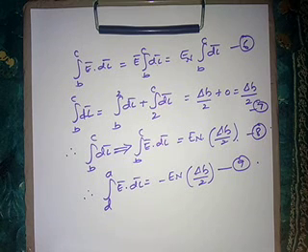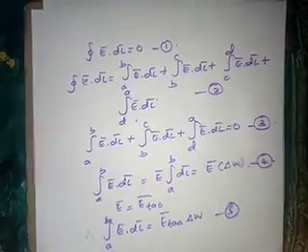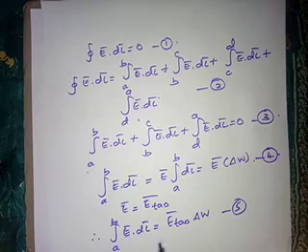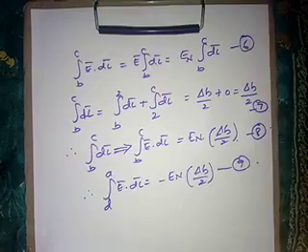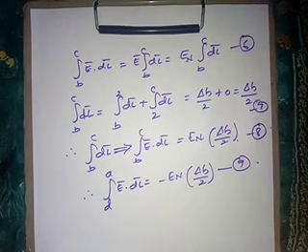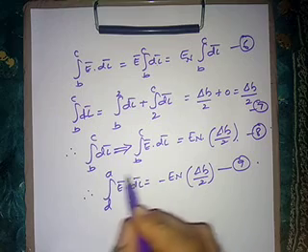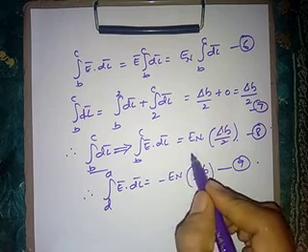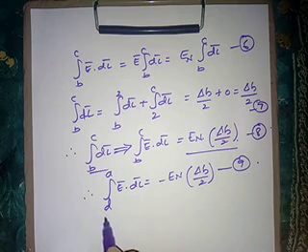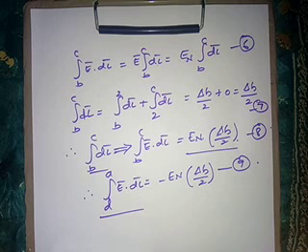If we substitute these equations, what are the equations that we have obtained? One is for A to B, which is E tan delta W. That is this equation for A to B. Then we have the B to C equation, which is En delta H by 2, and D to A, that is minus En delta H by 2.